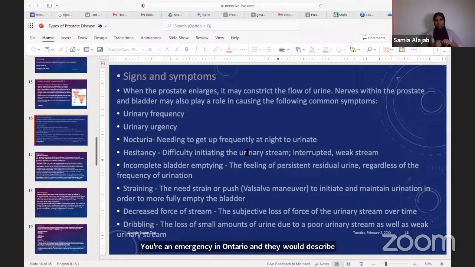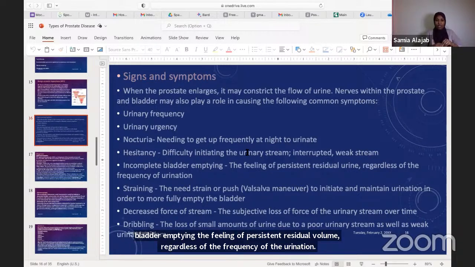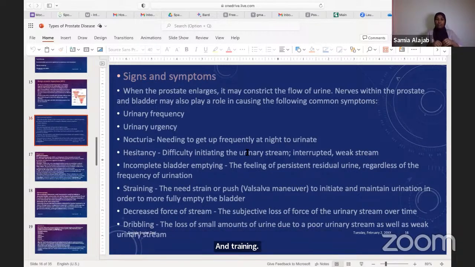more than 3 times or more than 4 times. Hesitancy, which is difficulty initiating the urinary stream, and also an interrupted and weak stream, and incomplete bladder emptying, the feeling of persistent residual volume regardless of the frequency of urination. And straining, where the patient strains or pushes, a Valsalva maneuver, to initiate and maintain urination in order to more fully empty the bladder. Decreased force of stream also, the subjective loss of force of the urinary stream over time,